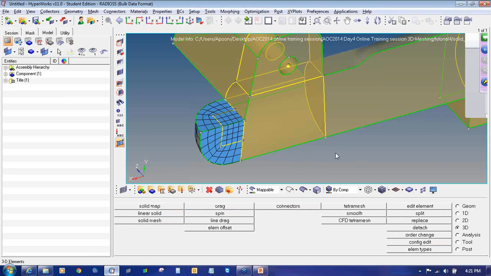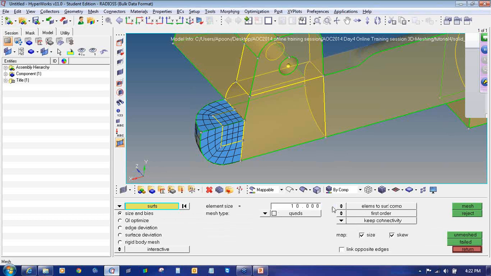Then there are some other options also through which you can create a 2D meshing, and then with that reference of 2D meshing you can use solid map function to create direct 3D meshing. So we will go to 2D, auto mesh, pick this, enter the element size to 1, mesh type as mixed, we will click on mesh,